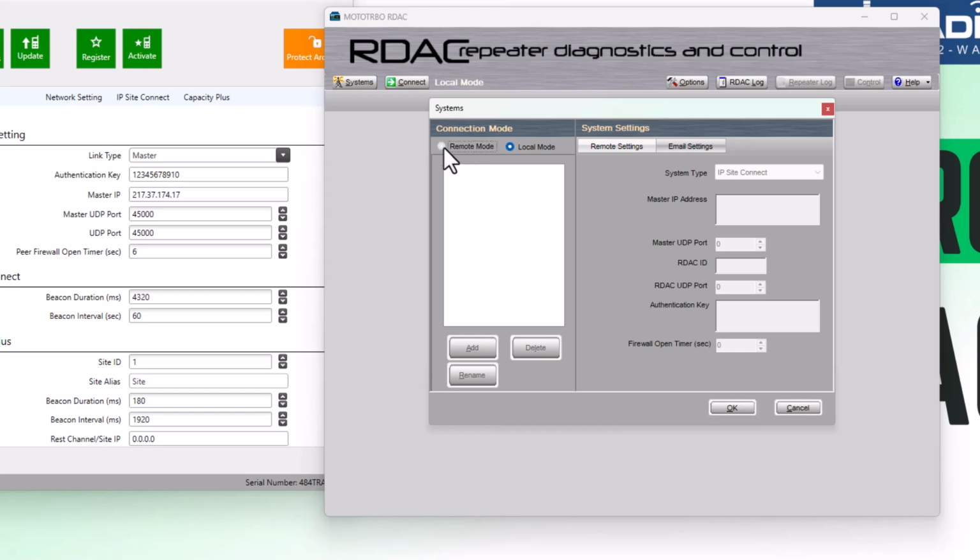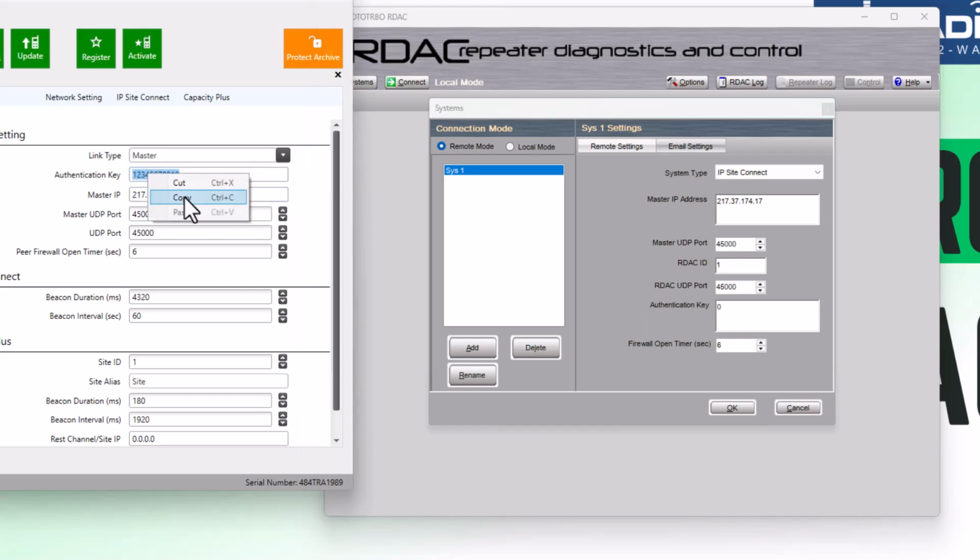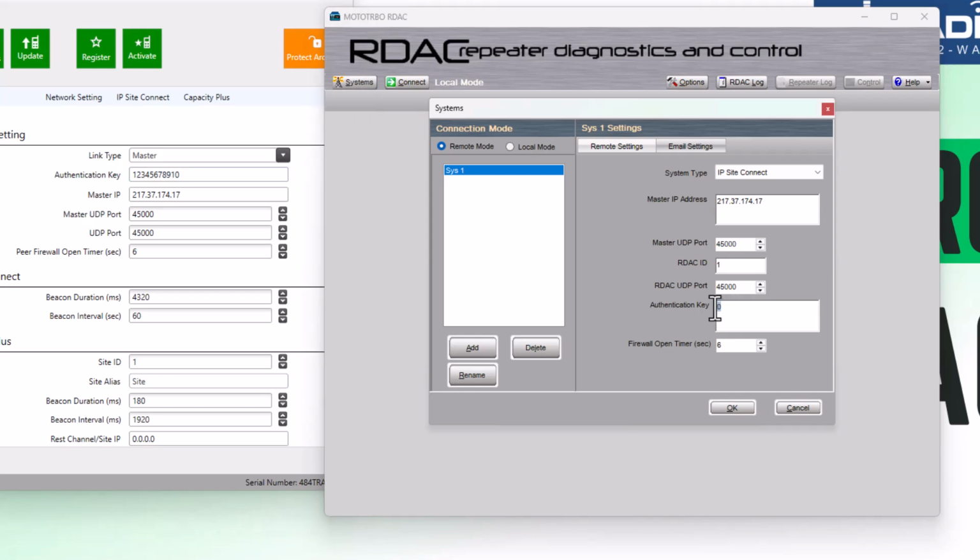So I'll go to remote mode, add, type in your master, it's 217.37. Don't worry, this network's no longer in existence. Always keep them the same. Authentication key. It does enable you to copy and paste what you used to. Yeah, so you got the